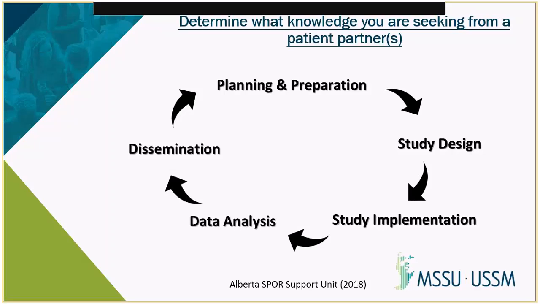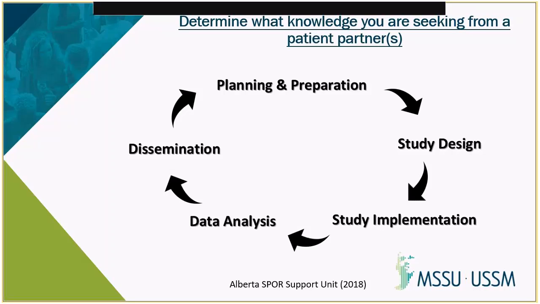So if you're going to have patient partners involved, they can and they should be able to contribute to each stage in the cycle. While I encourage research teams to have patient partners at every stage from the very beginning, it's not always feasible. And a research team really needs to determine what they want to seek and how they're going to be able to support patient engagement. So from the very beginning, the whole research team, without the patient partners involved, should have an initial and honest conversation about how they can support patient engagement and look at the timeline of their project and all these stages